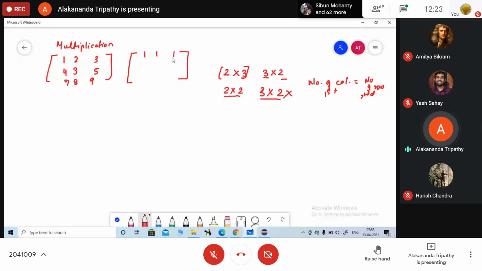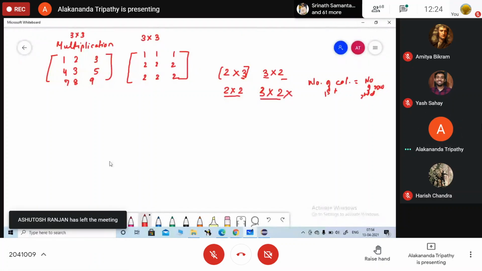Now here I have defined two matrices of dimension 3, 3. So this is a matrix of dimension 3 cross 3 and this one is also 3 cross 3. Here I am just providing some numbers.